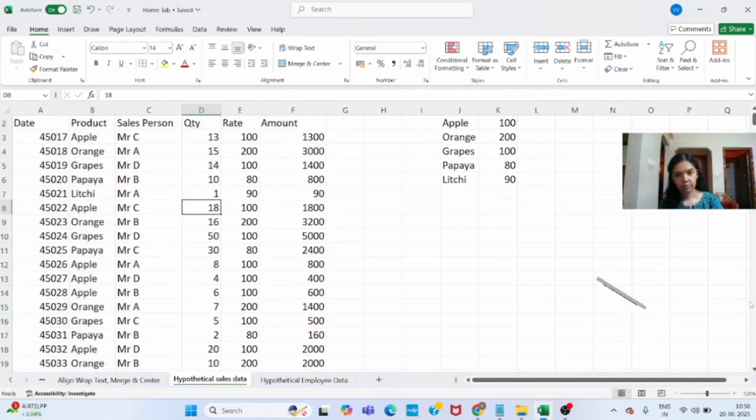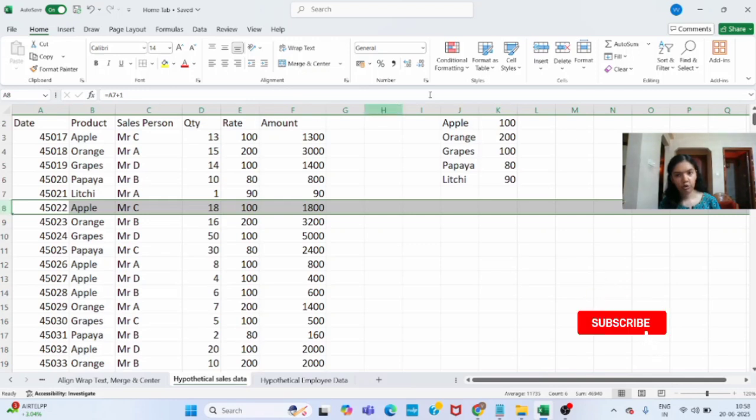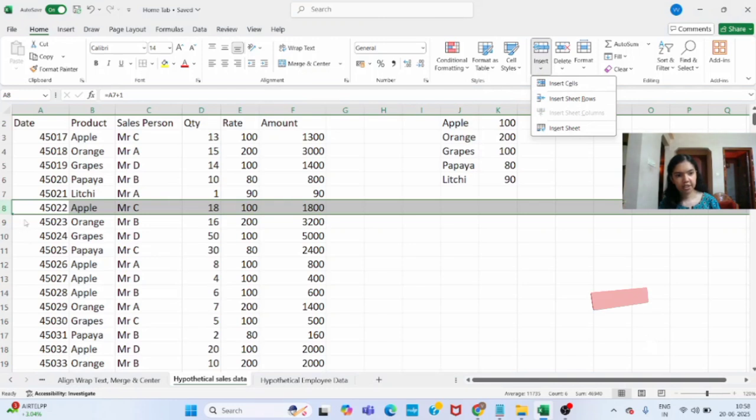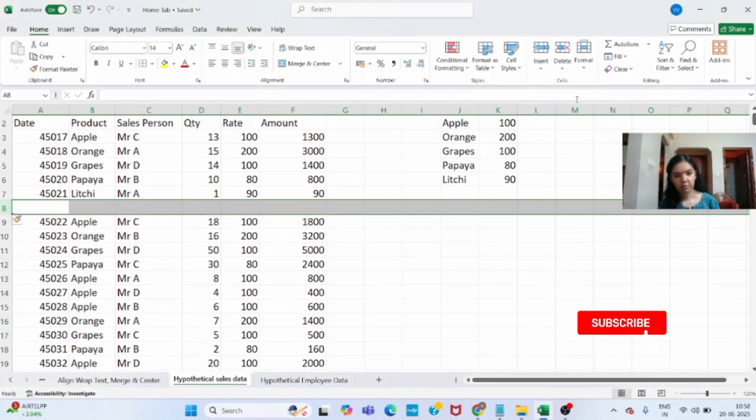So we have learned the various options in styles. Now we will see the option cells. Under this there are three categories: insert, delete and format. First let's see the insert option. For example, this row number 8, if you want to insert an extra row above this, just select this and then click on this insert button here, then click insert sheet rows.